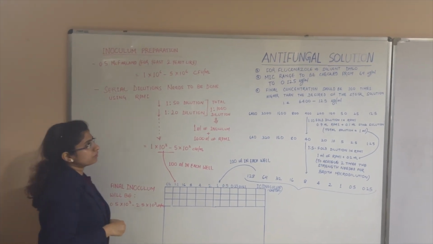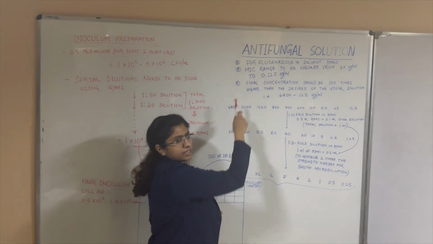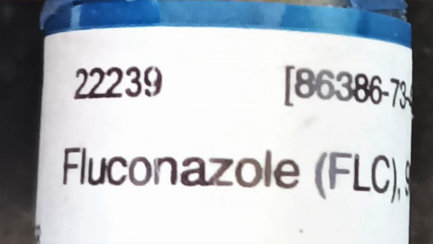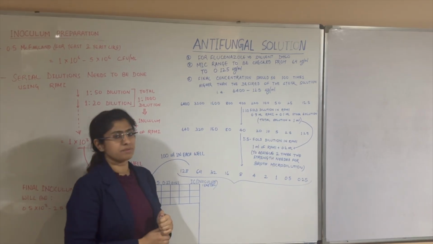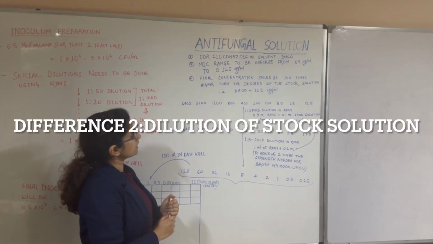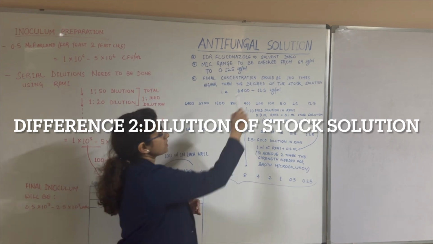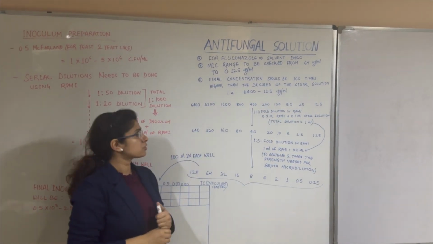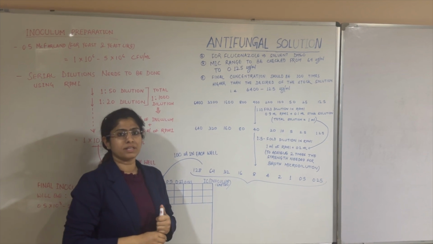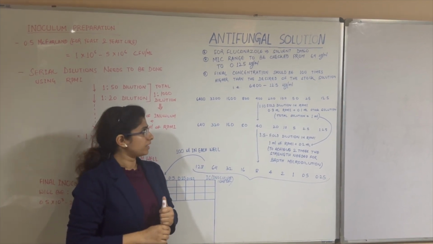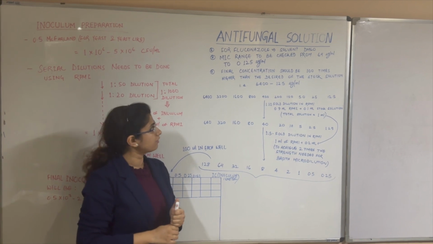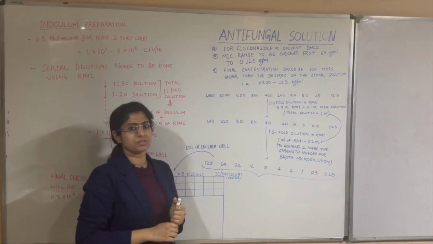Following this, next we will go for the antifungal solution. The antifungal we are testing is fluconazole. The solvent used for fluconazole as per the CLSI guideline is DMSO. Suppose you have to test a range of MIC from 64 microgram per ml to 0.125 microgram per ml. Whenever we are using a solvent like DMSO other than water, the final concentration of the